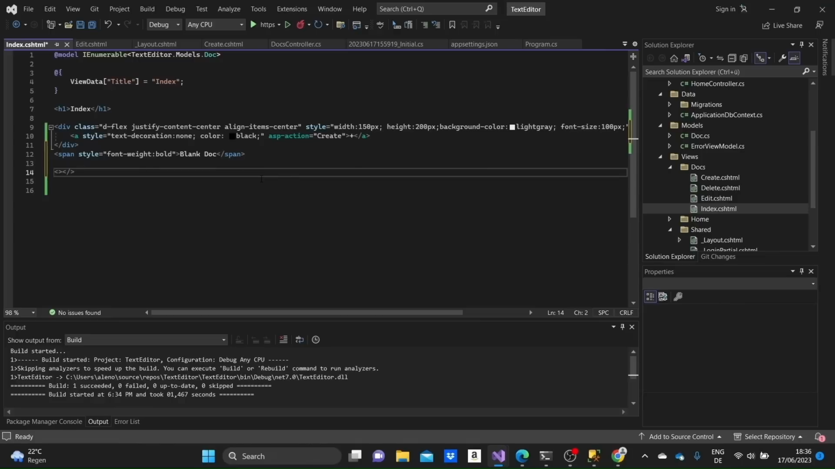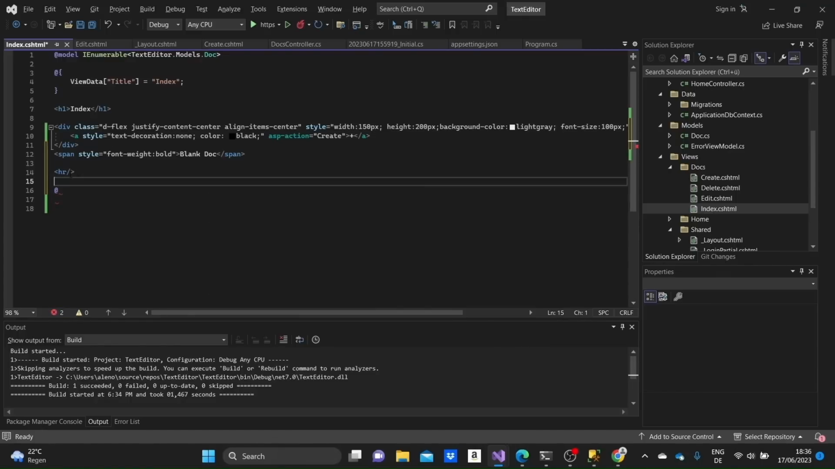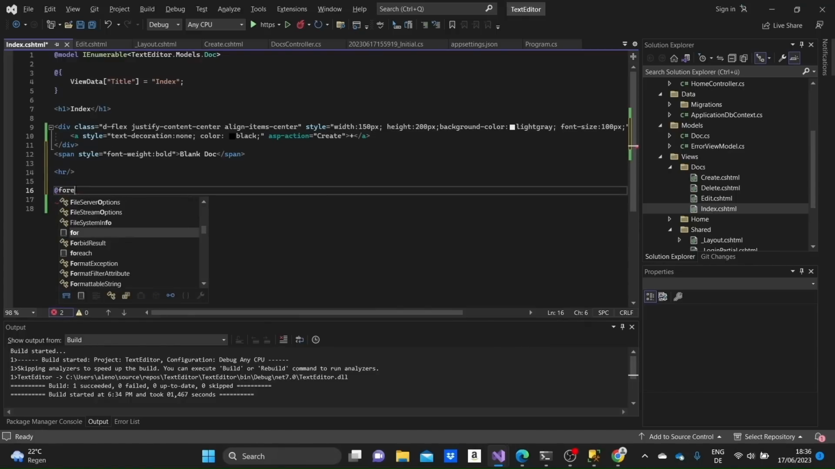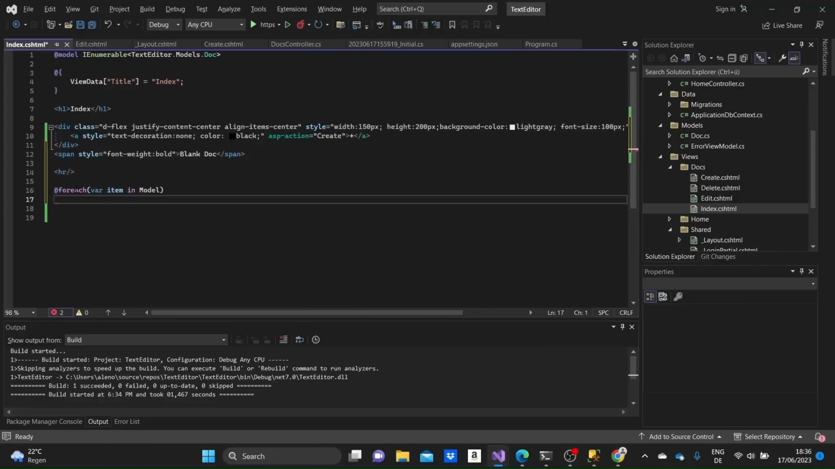Okay, now I'm going to firstly just write an HR tag, so it's just a big underline, so it separates the create new document from the other documents. So I'm going to need a for each loop, for each var item in the model. This loops through each document model that we store in the database. And for each document, firstly,